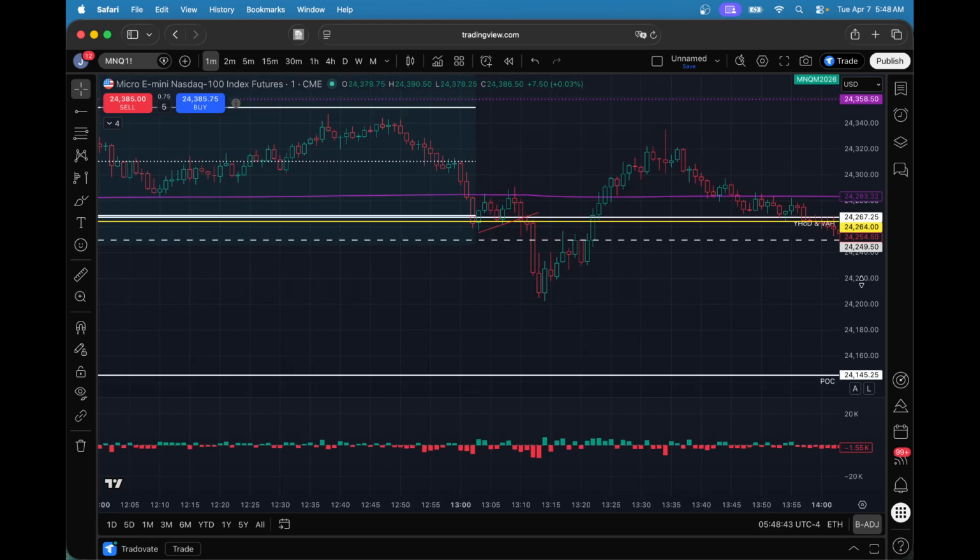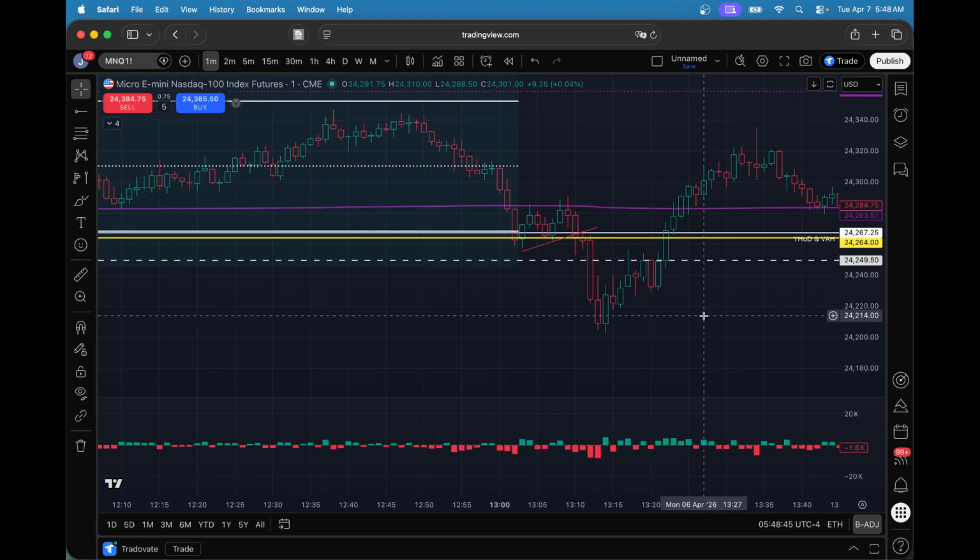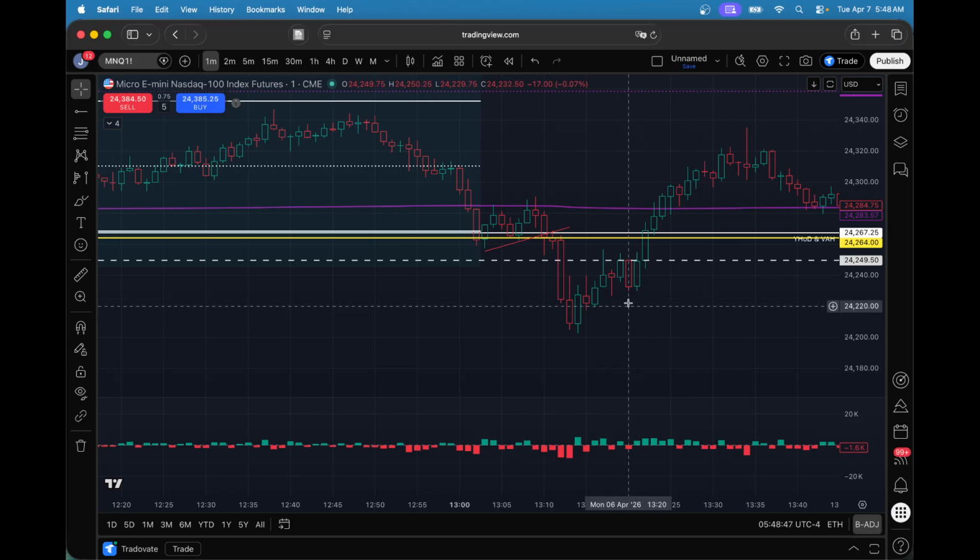Now, since I was in a day of ranges, I started my day with losses. What I was looking for was just a trailing stop. So once I got down to the close of this candle, I brought my stop to neutral, to zero, to flat. It wicked up, came back down. Once it wicked up and came back down, I brought my stop to 239, just a little bit,